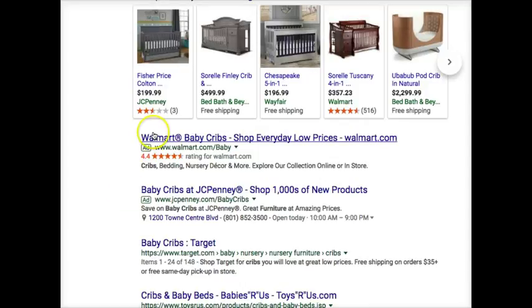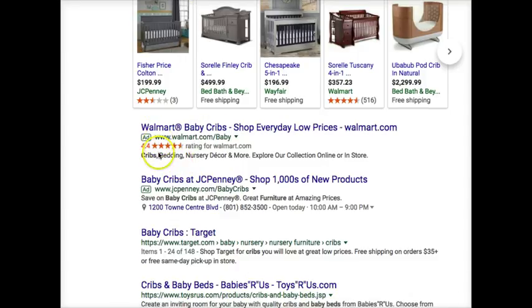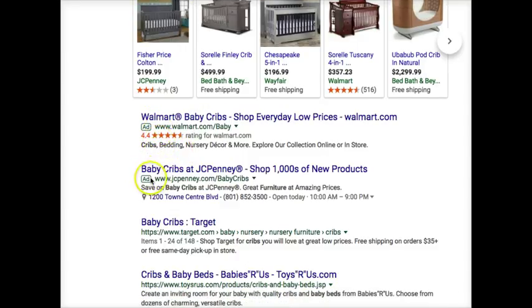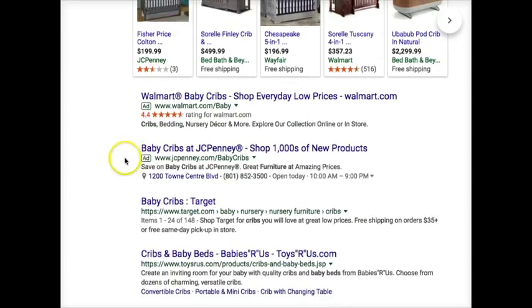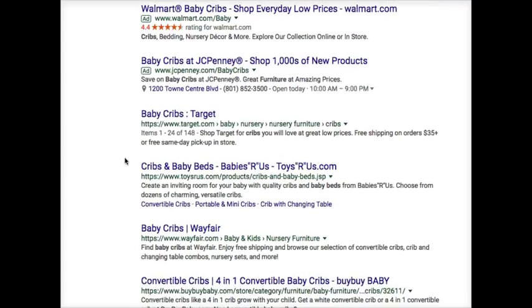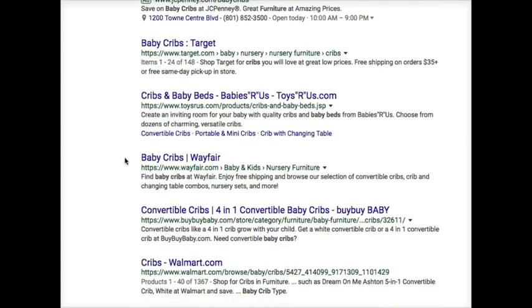Google also shows a few ads underneath the sponsored searches. So we see right here it says ad on this Walmart. So Walmart is paying for that placement, and JCPenney is paying for a placement here. And so underneath that is where we look for the SEO work, the optimized pages. So Target, they're a big company. They've got a lot of money behind it. They've been around a long time.